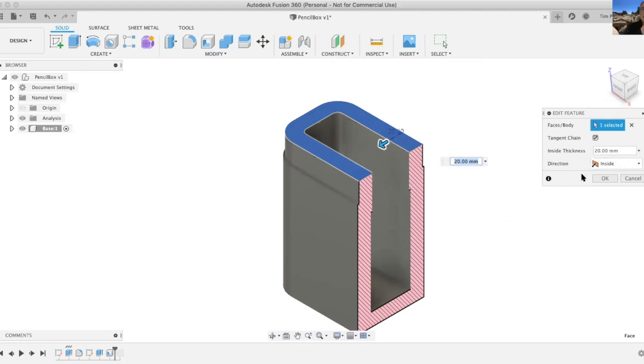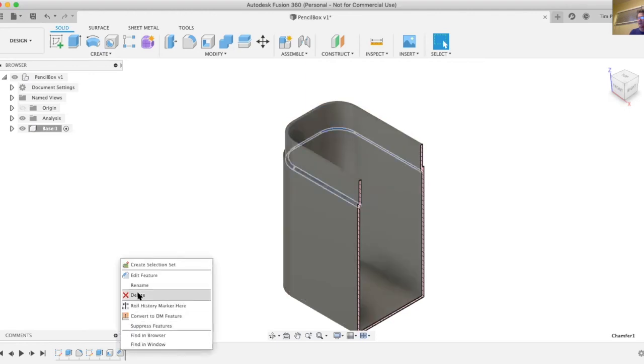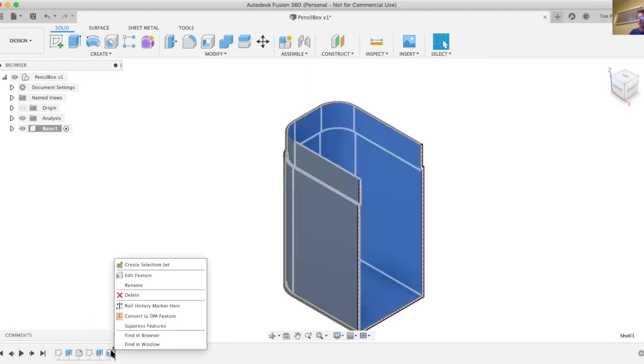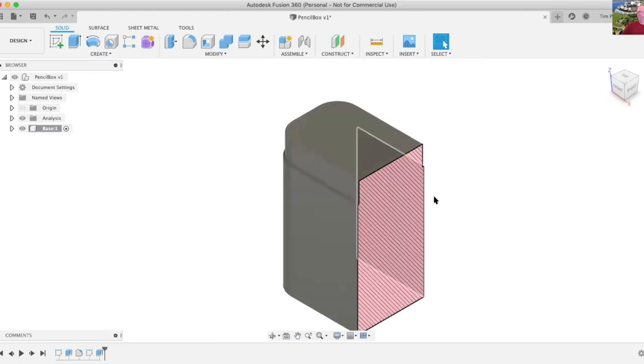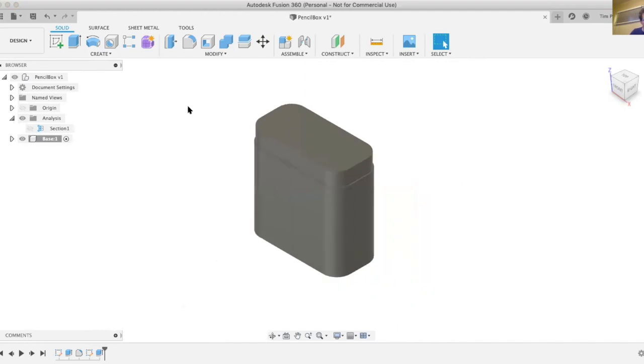right? Okay. So let me do this one again. Let me actually go to the end. Let me just delete a couple of these features and step through it. Okay, so I've got a solid object, and maybe I'll hide the section. So I've got a solid object here,